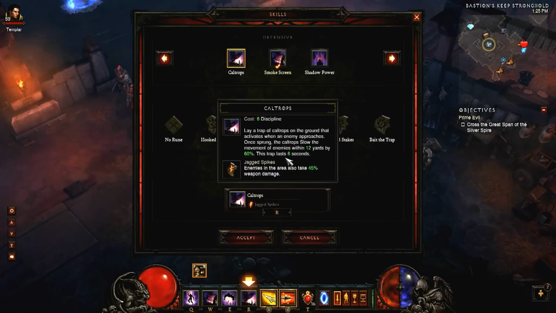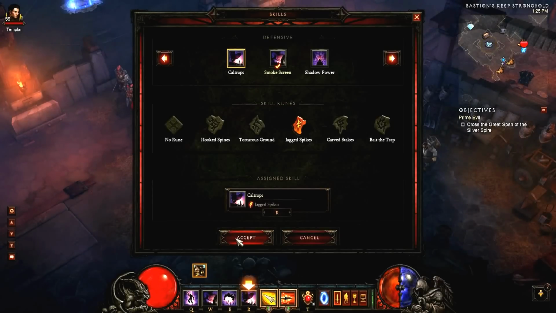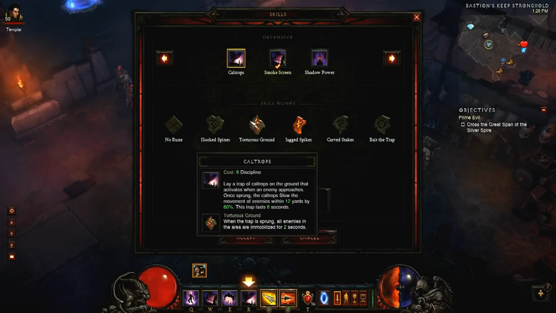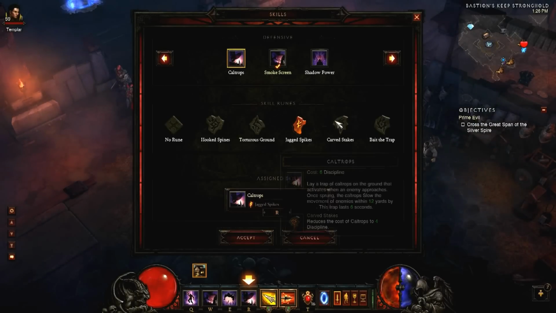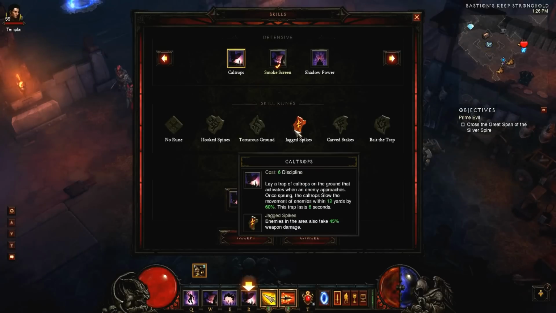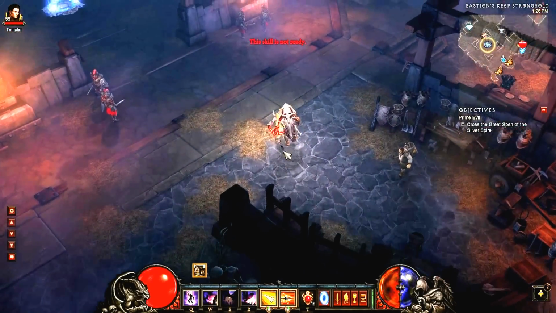And I use Cantrips with the Jagged Spikes rune. This is specifically for Act 4. I might change this a little bit to like Torturous Ground, or even just Carved Spikes, reducing the cost of cantrips by 4 discipline. I might change to one of those two in like Inferno, but for now I'm using the Jagged Spikes because, let's see, you can lay down